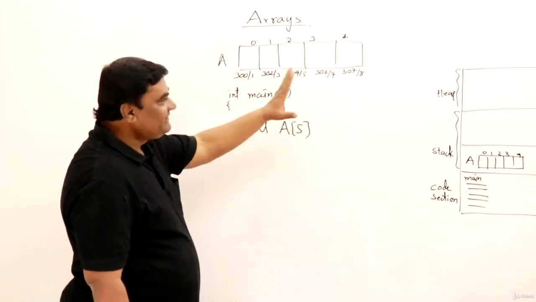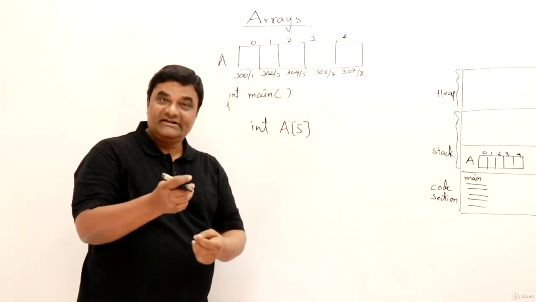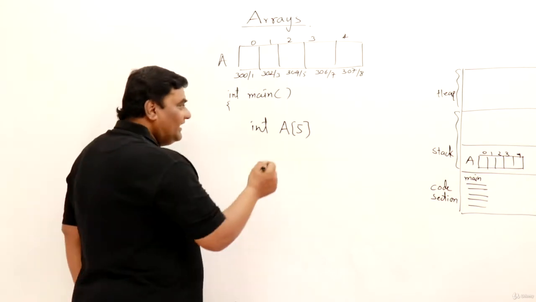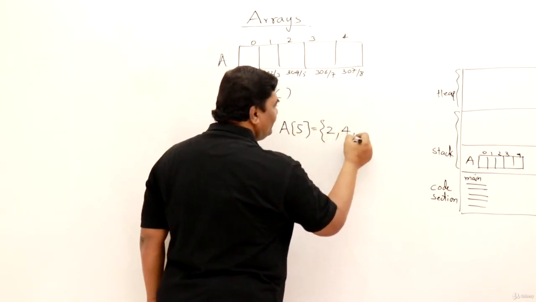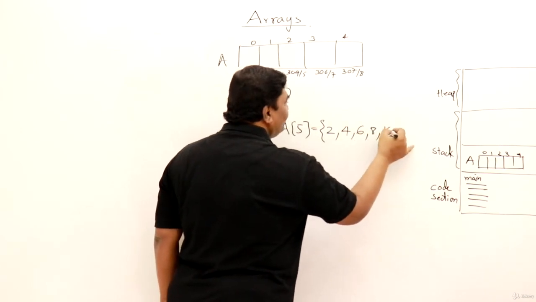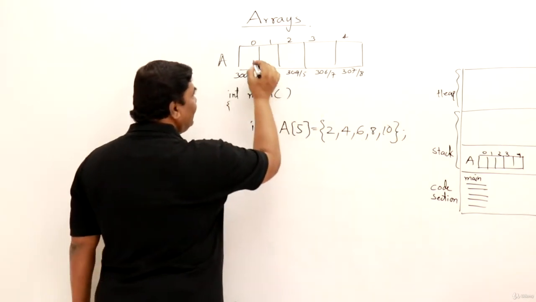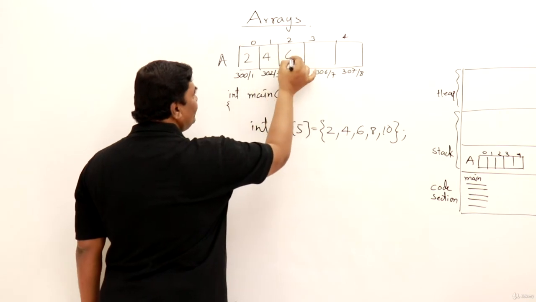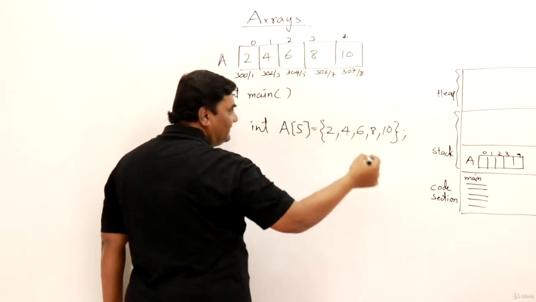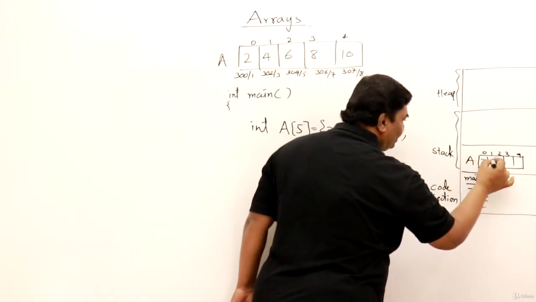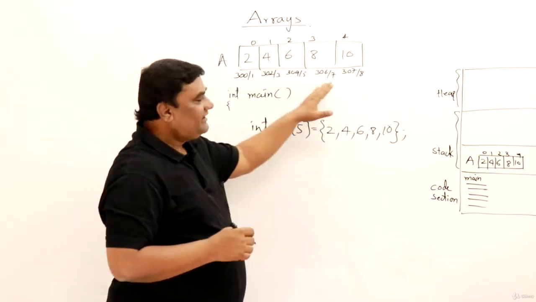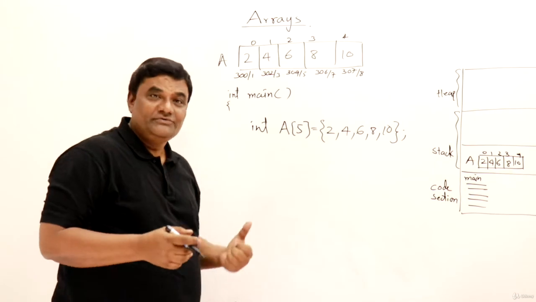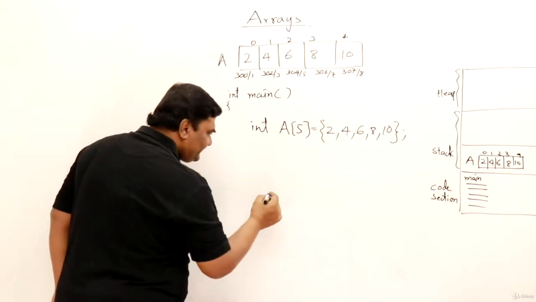So now the array is created. I want to initialize also. So let us see how to initialize this. I want to initialize with the values 2, 4, 6, 8 and 10. So this will be created and the values will be filled here: 2, 4, 6, 8 and 10. Right? So here also I will draw it. Now the important thing. I want to print all these values. So for printing, I have to use indices. So let me show you just one line.